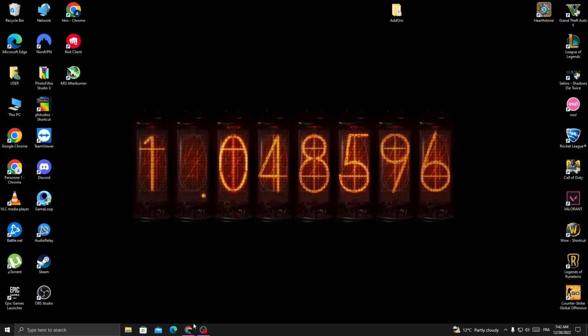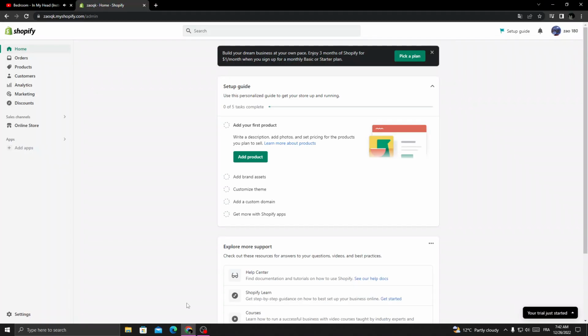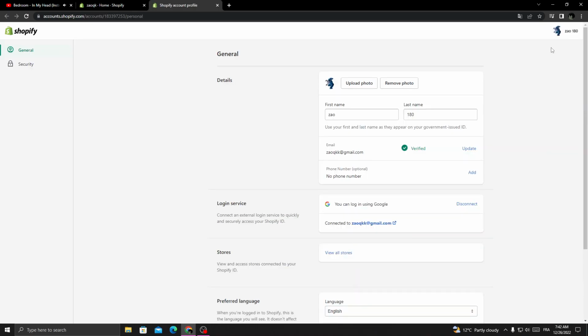First just open your browser, and now once you're here, just click on your profile here in the top corner and then click manage accounts, and here we'll find your account general settings. Now just go to security here,